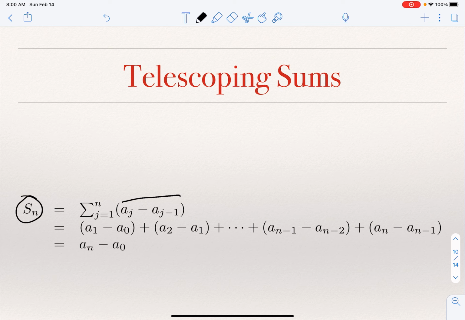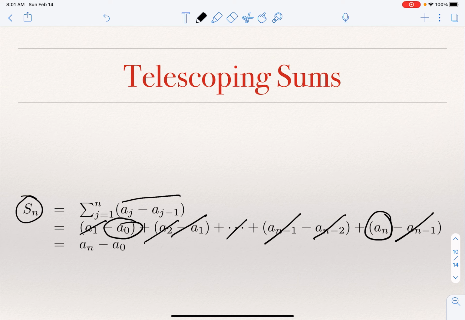The a_{n-1} and a_{n-1} would have cancelled out. What we are left with is the a_n and the minus a_0. So this whole sum, it's a sum of n terms where the jth term is a_j minus a_{j-1}, is really just a_n minus a_0. Okay, so if we are interested in the sum in a series that arises from the sum of arithmetic sequences, the telescoping sum is one tool to use for that,